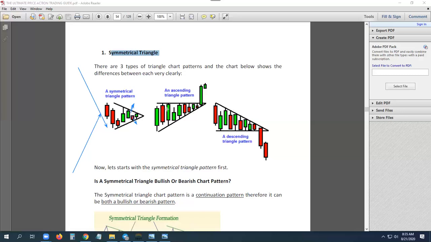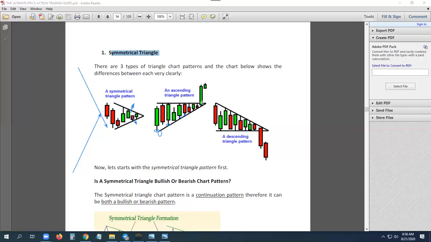Now, like here, this is one called an ascending triangle. Ascending in the sense that resistance is horizontal, but support is ascending. The support is a trend line. We drew trend lines last time. What you're seeing happening here is so simple. This candle touches here, this one touches here, this one touches there. You are able to connect those touches, and they give you that line. You can see all the candles are touching the line, almost all of them.